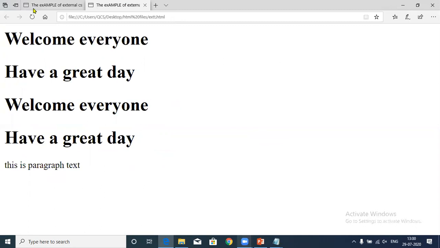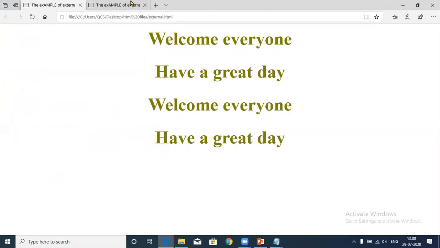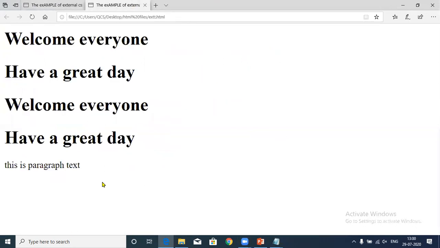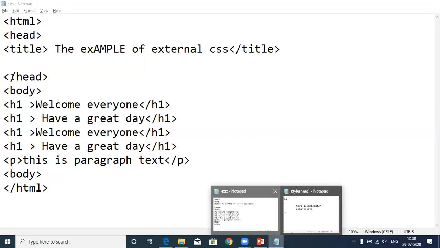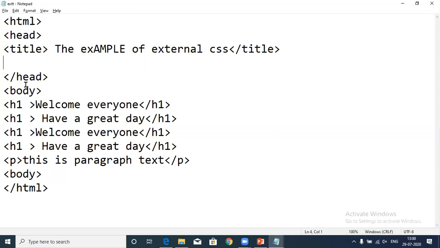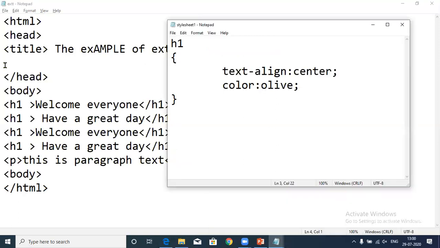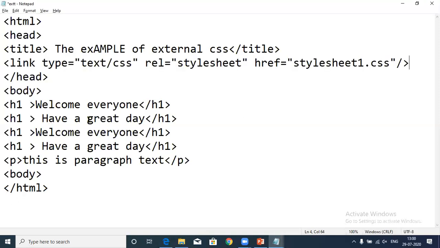So if I want the same kind of formatting for this file as well, what is the easy solution? One thing is I need to create the internal CSS here. I need to write that code once again. Okay, that much code. Second way is I can use that particular external CSS in the same sheet with the help of link tag.